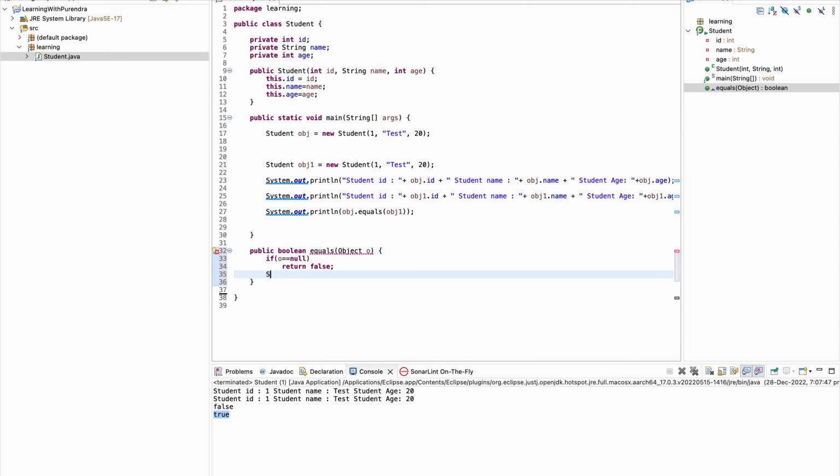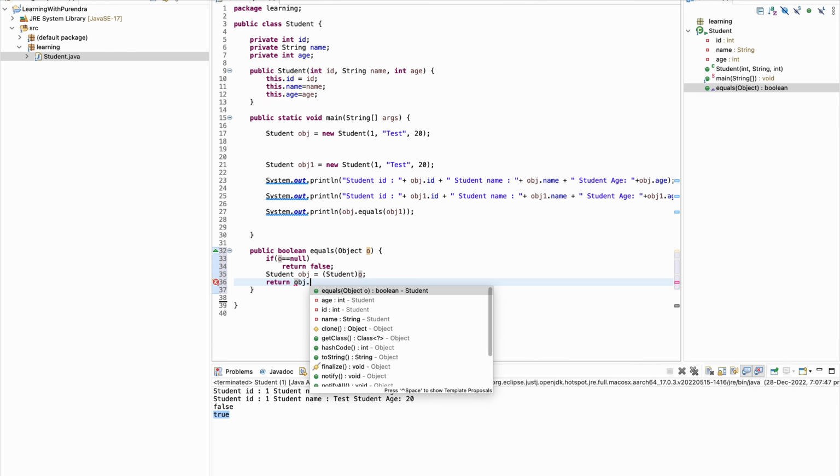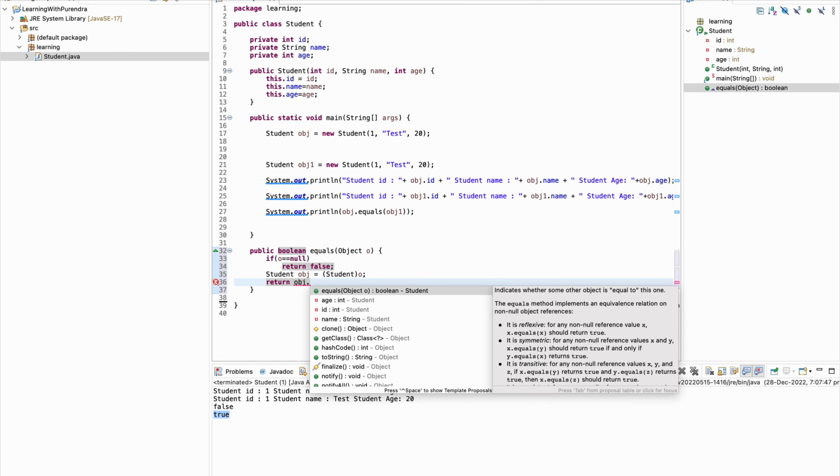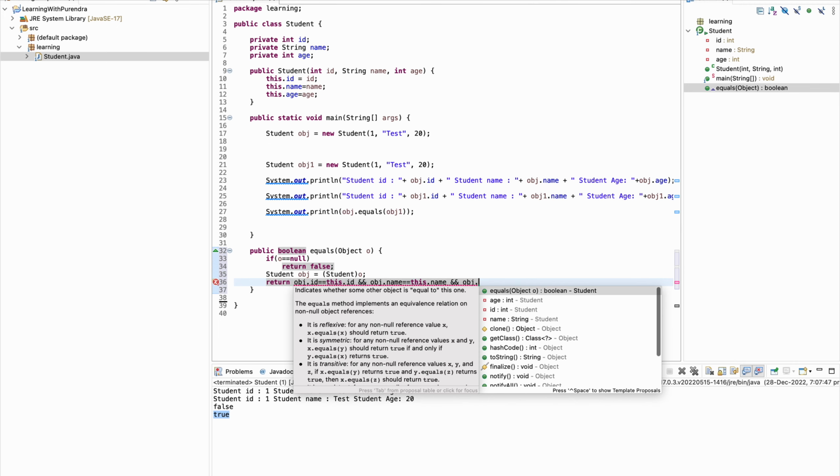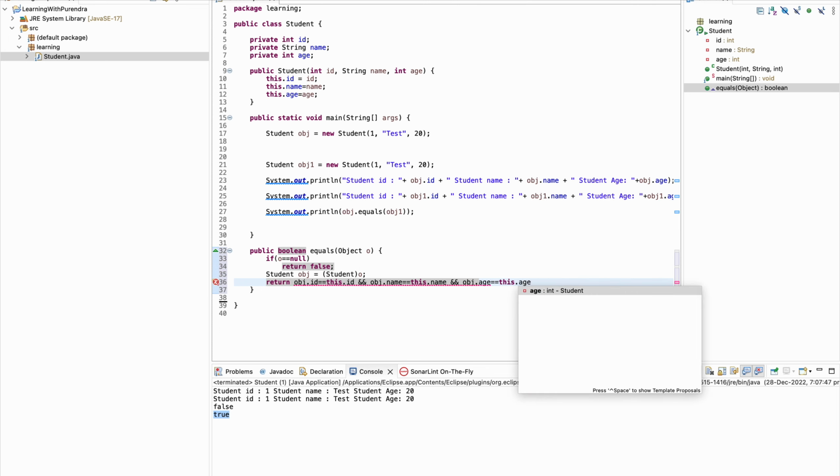Perfect. Now, to override this equals method in the Student class, I typecast this object to the Student class: Student object equals the cast of o. Then I return object.id equals this.id, and object.name equals this.name, and object.age equals this.age.